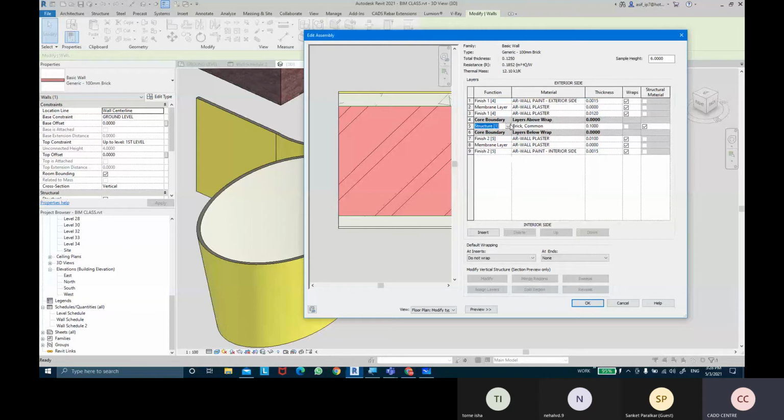So we need to select the function of the layers of the materials as well, so that they can be classified and separated. If I do not classify them, I cannot segregate them. So when we take out material quantities, how can we find out how many finish 1 materials, how many finish 2 materials, how many membranes materials, how many core materials are in the building? Okay, if the function is not defined, we will not get any classification. Okay.